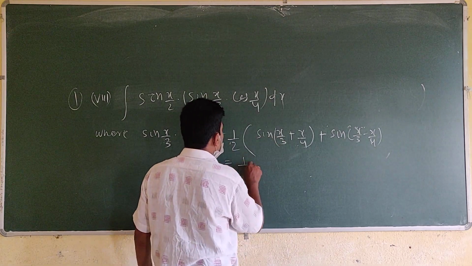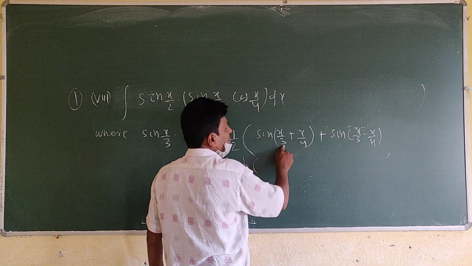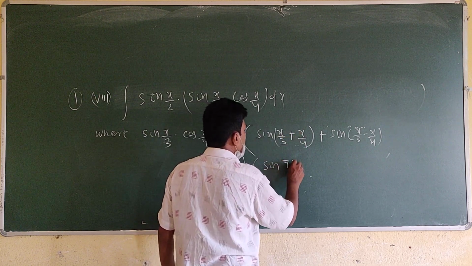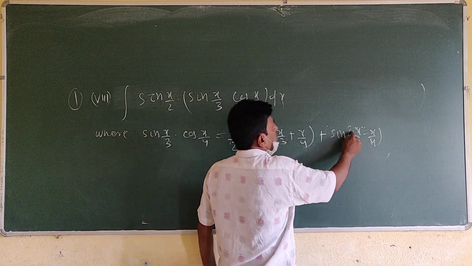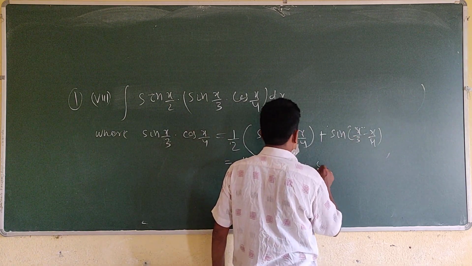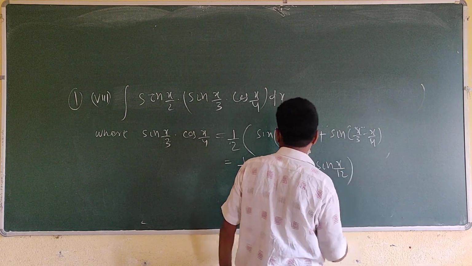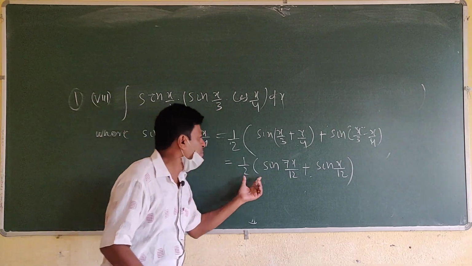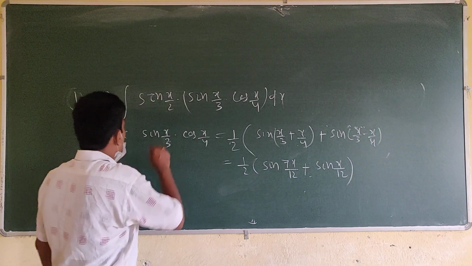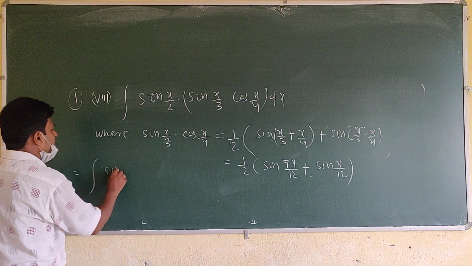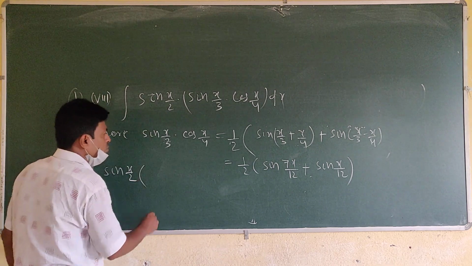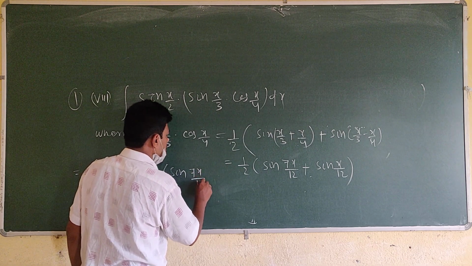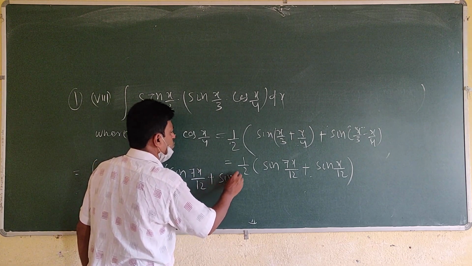That value is equal to half sin, LCM of 3 and 4 is 12, so 4x plus 3x is 7x, that is sin 7x by 12, and 4x minus 3x is x, that is sin x by 12. Instead of sin x by 3 into cos x by 4, you can put the value half whole into sin 7x by 12 plus sin x by 12. Now put, that is sin x by 2 whole into half sin 7x by 12 plus sin x by 12